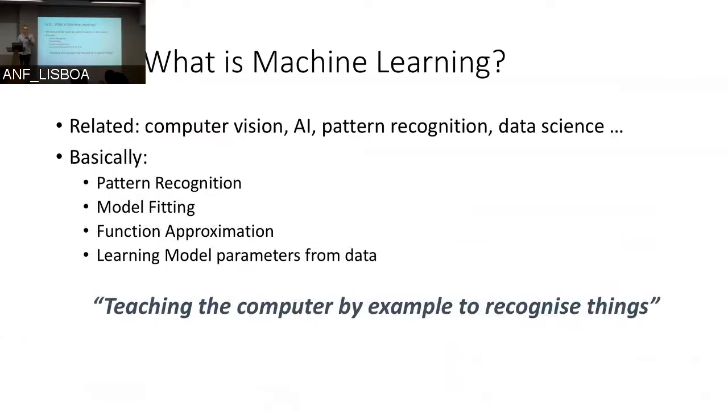Should go for about 30 minutes, me talking. So first of all, what is machine learning? So you might have heard other terms: computer vision, AI, pattern recognition, data science, all these things. They're kind of not being used very strictly these days, and I think big data and data science were popular a few years ago. Now AI is popular, but machine learning's there throughout, probably a less well-known term. Basically, it means that you're teaching a computer to recognize things by example, and perform tasks that a human traditionally would have, because it requires some kind of recognition or intelligence.